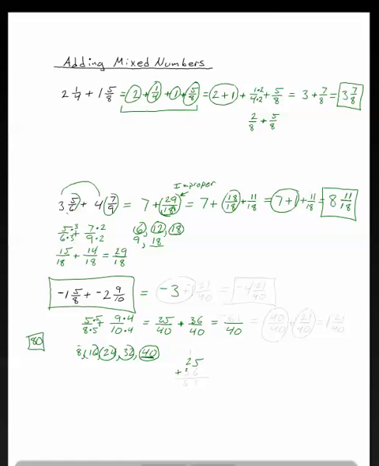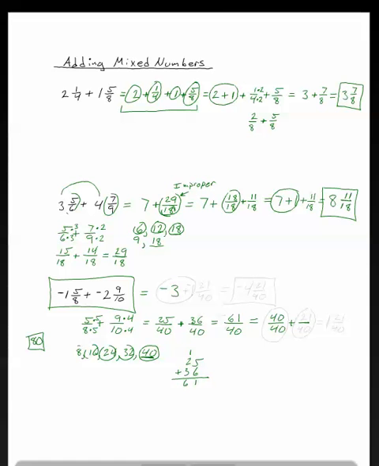25 plus 36. So we'd say 5 plus 6 is 11. So we keep the 1, carry the 10. And then 1 plus 2 is 3, and 3 plus 3 is 6. So we get 61 over 40. So it's negative 3 and 61 over 40, but this 61 over 40 is improper. So we're going to rewrite that as 40, let's see here, 40 is our denominator, so we could have 40